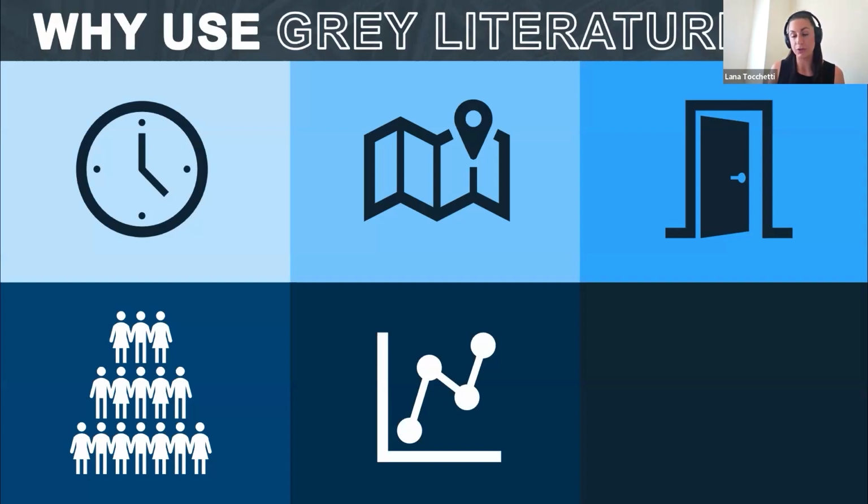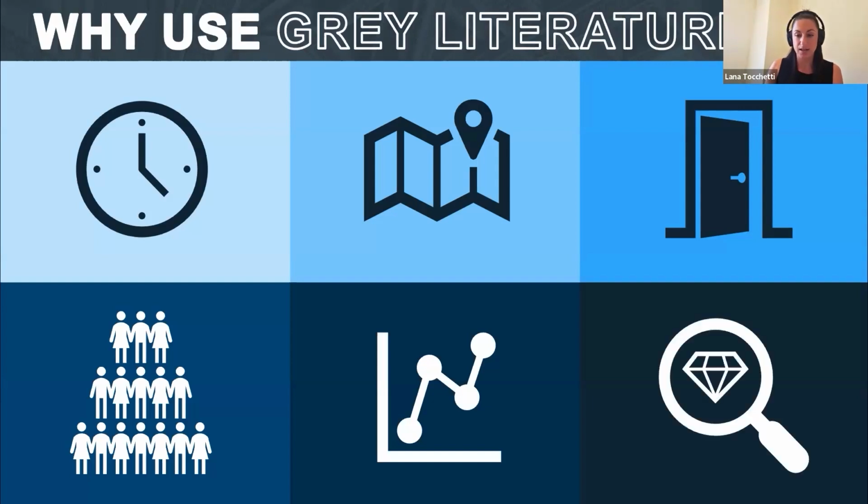And when you do come across journal articles with studies and research, they generally don't give you that raw data. They've just given you an interpretation of it. Because of all of these reasons, and probably a few others that we haven't mentioned, but these are probably the major reasons why you might want to use it, grey literature is very, very good at filling research gaps,